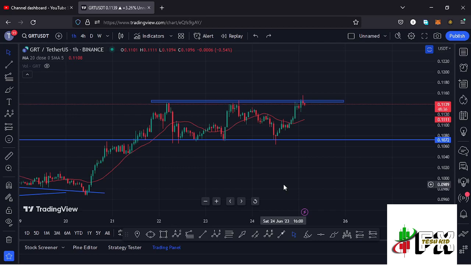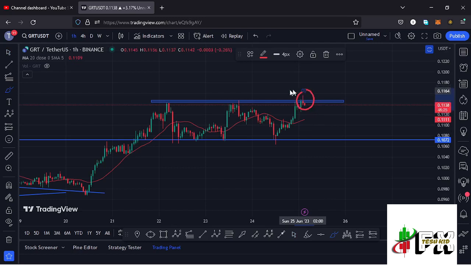And at the time of this recording, GRT is trying to break through a key area of resistance at around the $0.1145 mark, which is an area of resistance that has now given us a rejection 3 times, where you can see that we have seen these 3 attempts right here, and each of these attempts has not been a success. And there are chances that in case this time we manage to break above this key area of resistance and get a success if we retest, then we can continue gearing up and continue unlocking higher